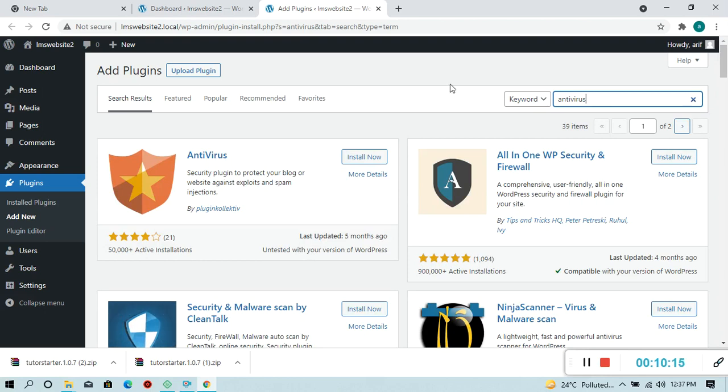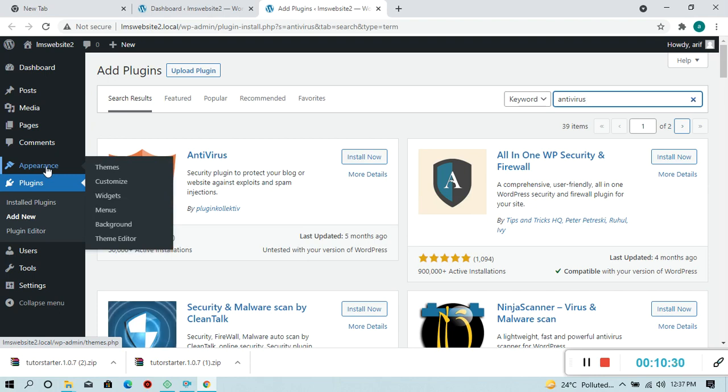Now we are moving ahead, and I'll show you how to create an LMS website in WordPress. So already we are inside the dashboard. From here you can see this is the appearance section, and if you hover your mouse, then it will show the drop down that is themes, customize, widgets, menus, background, theme editor. So if you go here, the theme section, right?